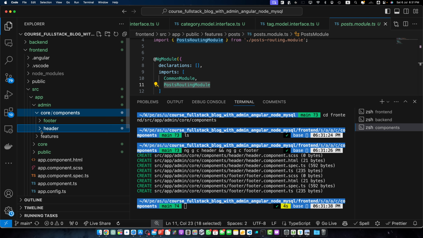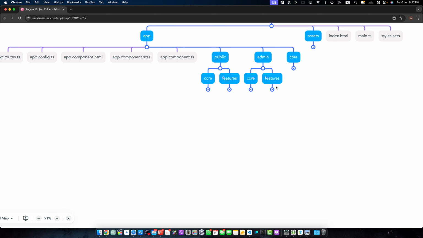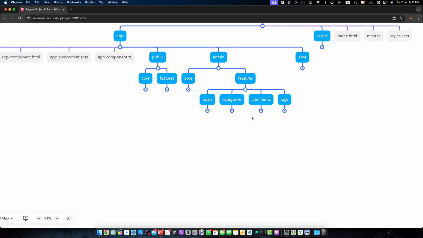But in case the design is 100% the same, then we may think about using the same header and footer component in both admin and public folders. But for now, we need individual components. All right, now after that is done, let's go to the features folder and we need to create all of